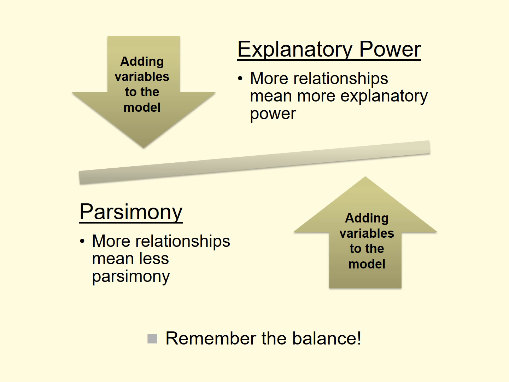In some ways, this takes me back to that idea of finding a balance. When we're building a model, or when we're comparing two models in statistics, it seems like we're always trying to strike a balance between parsimony and explanatory power. In general, adding additional elements to a model, whether they're constants or parameter estimates, tends to increase the explanatory